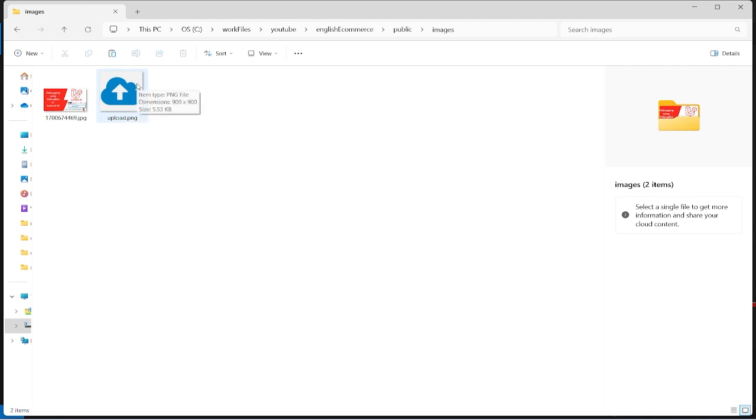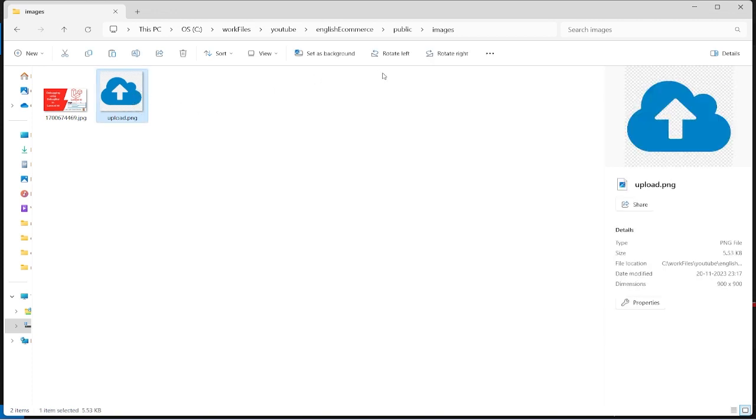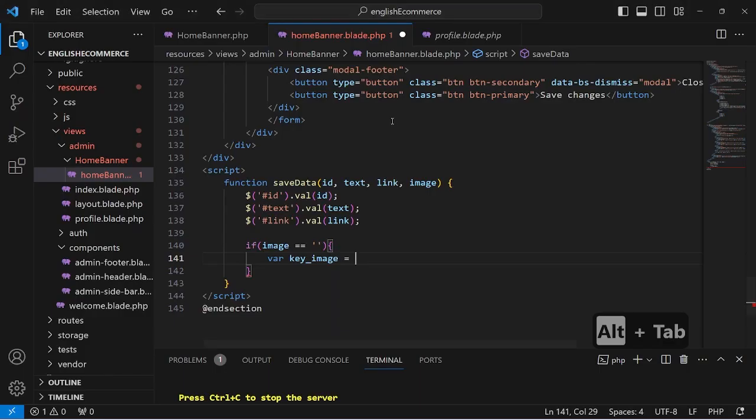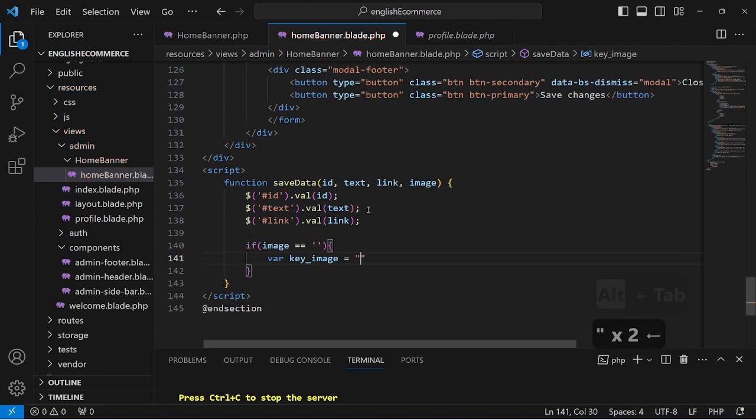So simply download any file related to upload and copy this file inside the images folder. Now where key image is equal to, just write like this, and this URL,